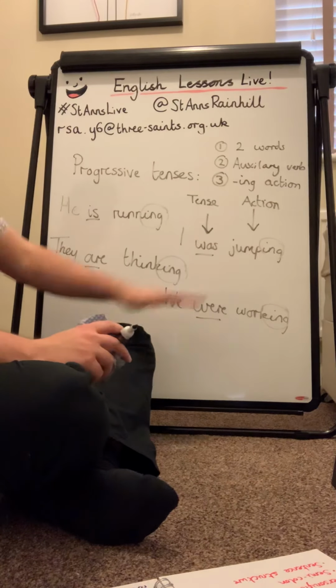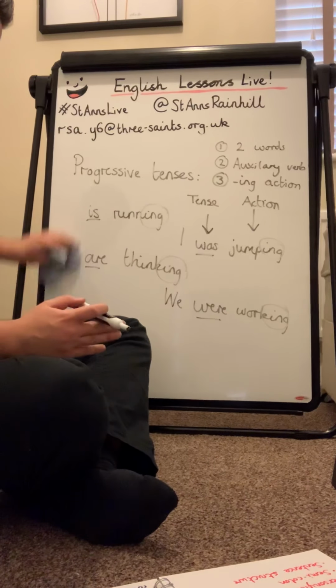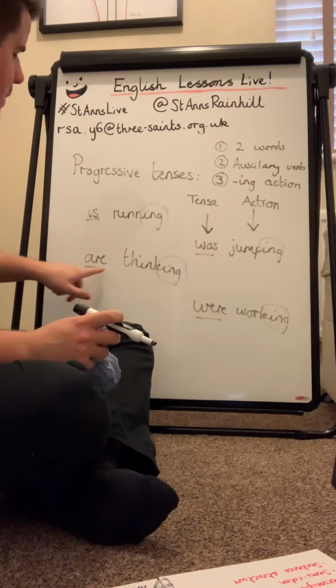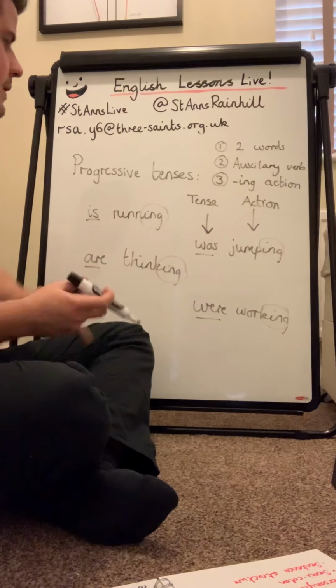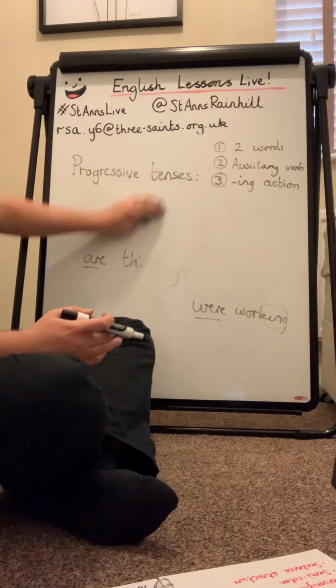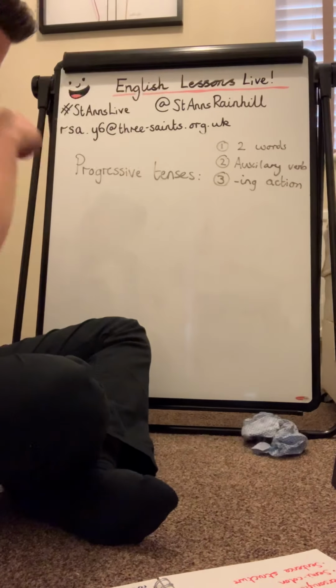So that is your information on your progressive tense. It's made out of 2 words, if we're forgetting the pronouns. One is the auxiliary verb that helps us know what tense it's in, and the second one is your ing. So if we looked at a sentence with a progressive tense verb form in it, we would have something like